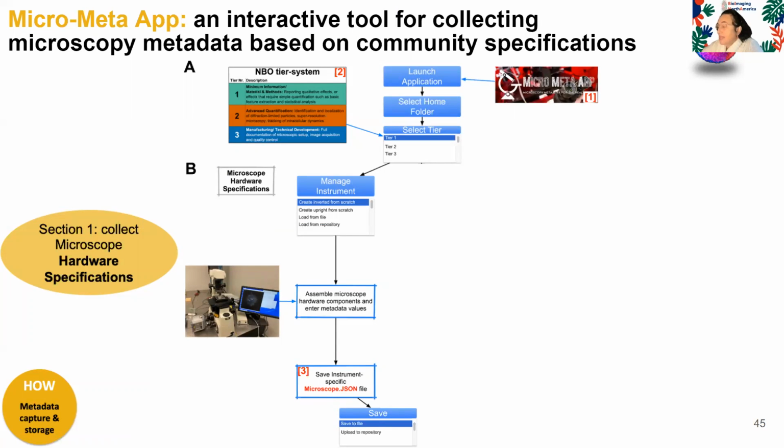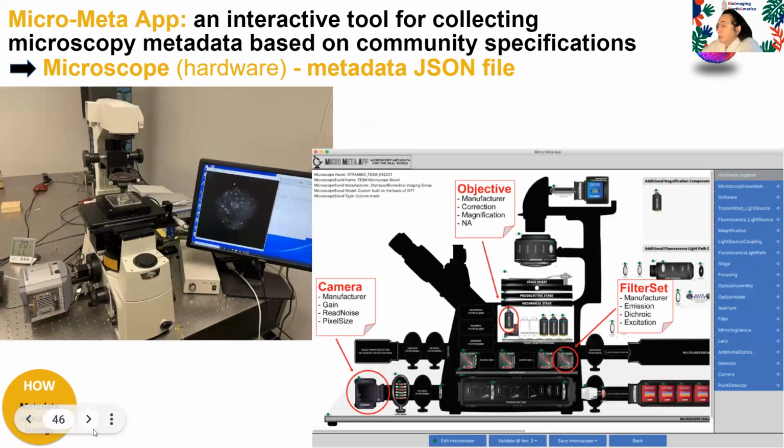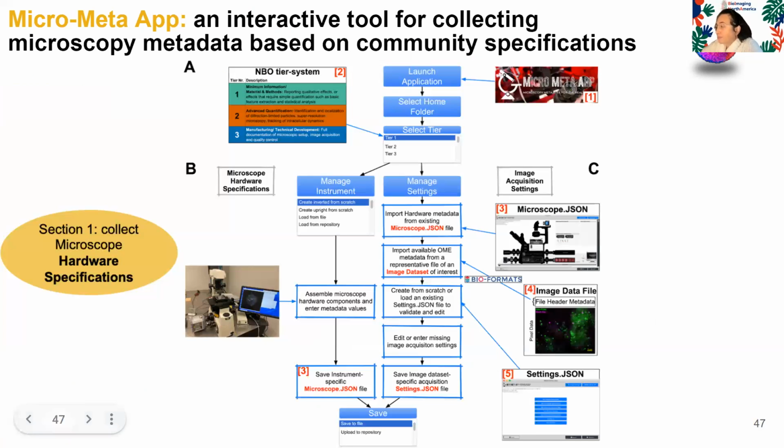So it really brings to life a virtual representation of your microscope in a very intuitive manner to produce a JSON file that contains the information specified by the community specification. Basically, it allows you to drag and drop different components, a little bit like a video game, and allows you to enter information about each of the components. The second part is it utilizes the description of the microscope and allows you to then extract information from your images to enter information about how the specific image or image data set was acquired.